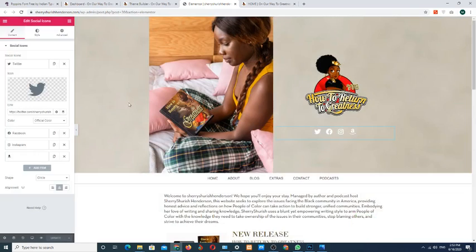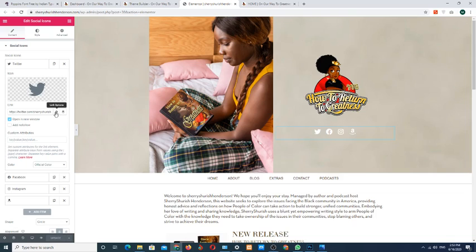After inserting you have to paste the URL of the social media. Okay, and if you want to open the URL in a new tab you have to check on open in new tab.